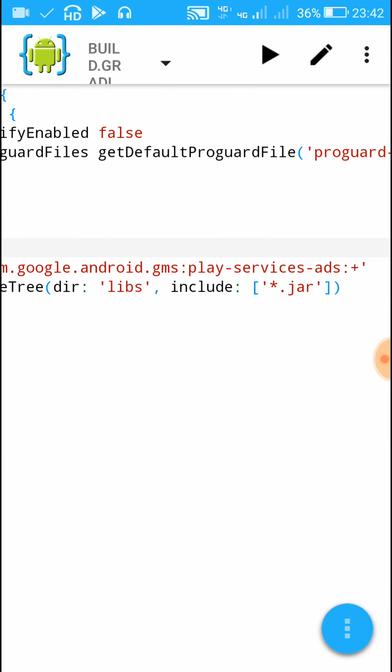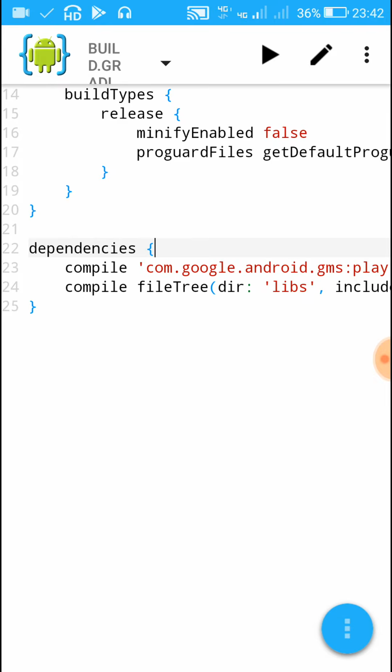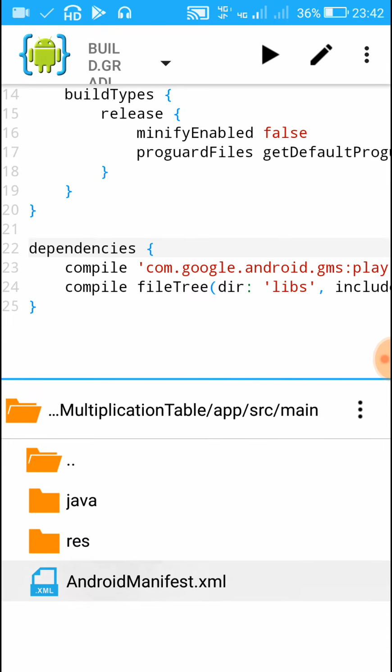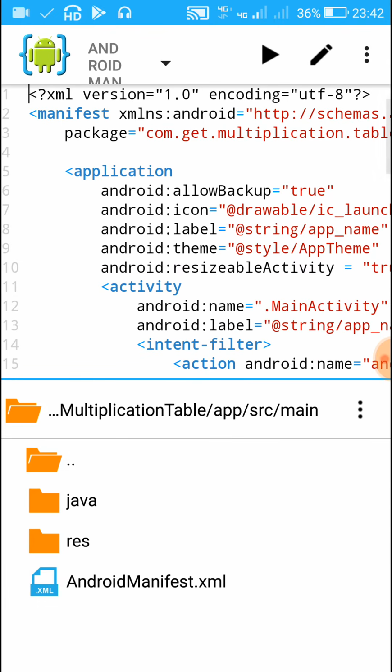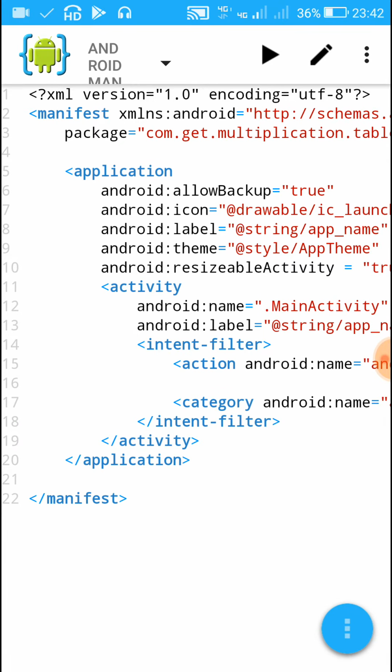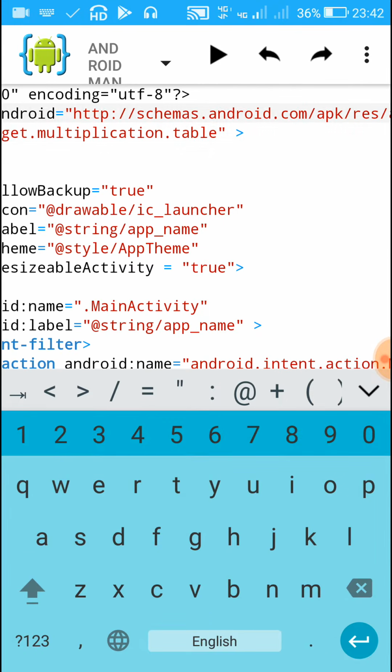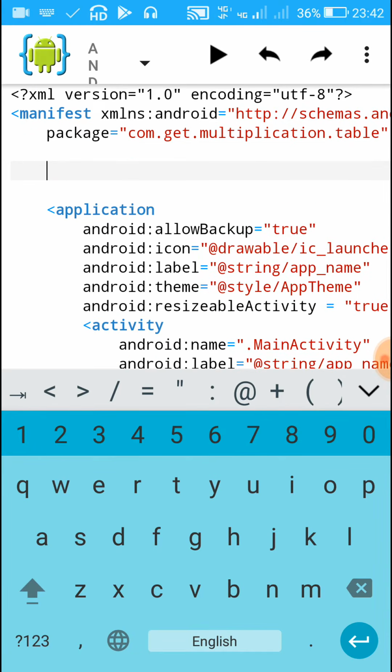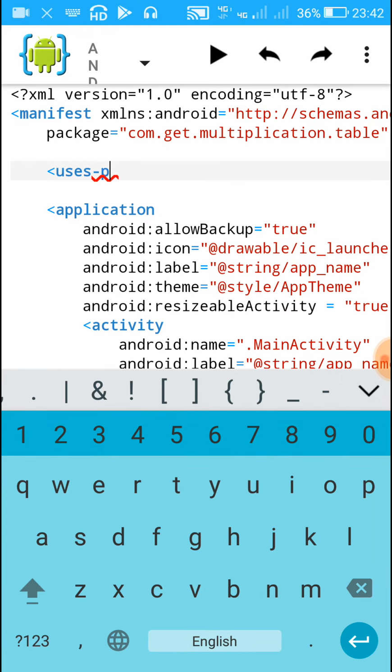Now after adding play services ads to the project, save this and now navigate to AndroidManifest.xml. In AndroidManifest.xml, we have to add the permission of internet and access network state. So here write uses-permission android:name equal to